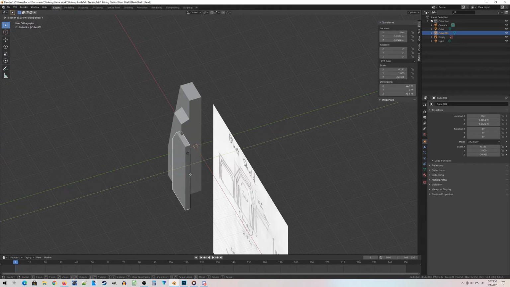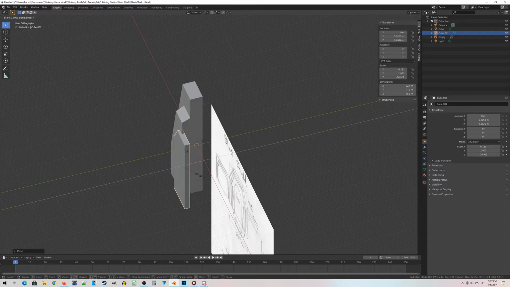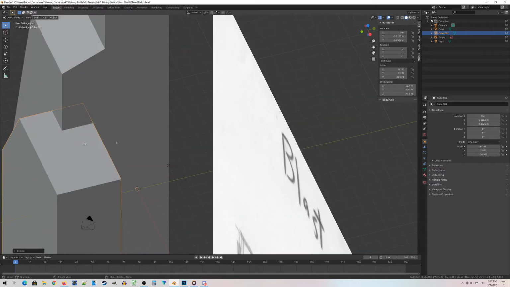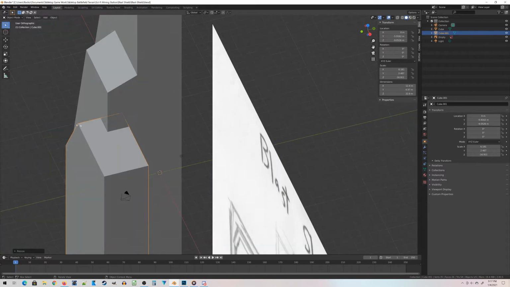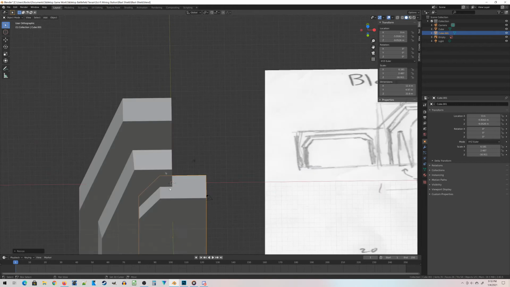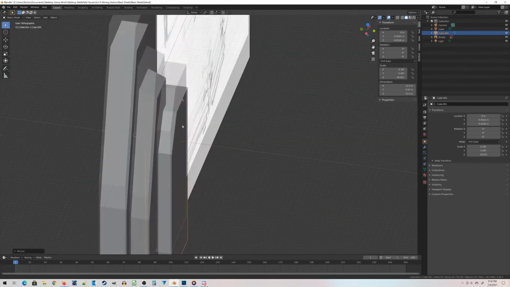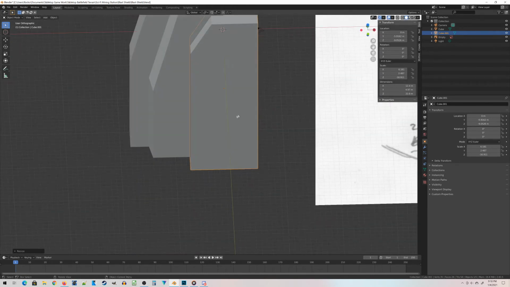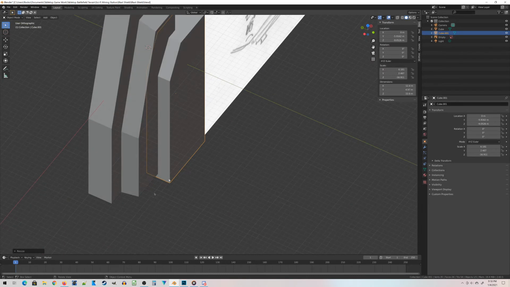And then I can press G and Y to move it out and scale it in the Y direction. The depth that it intersects with our previous object is how far it's going to cut into that object. That looks like a pretty good depth to me, but it's kind of up to you what you want. And just like with the bottom and the side, you want to make sure that it's extruding out the